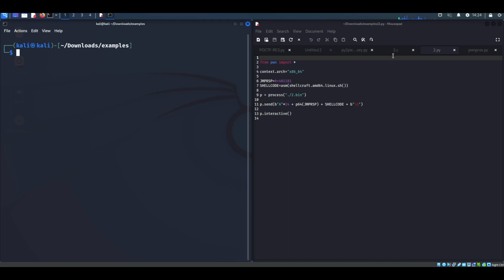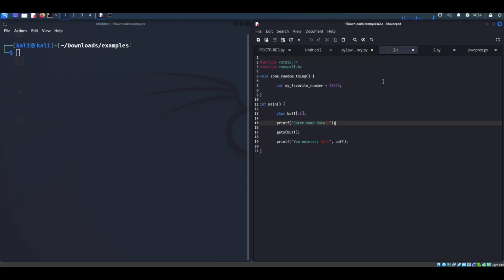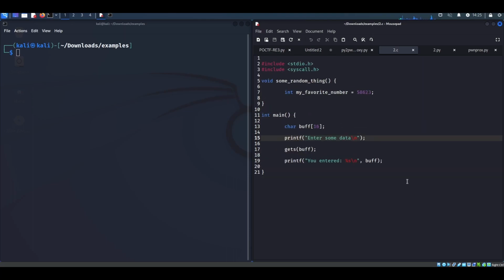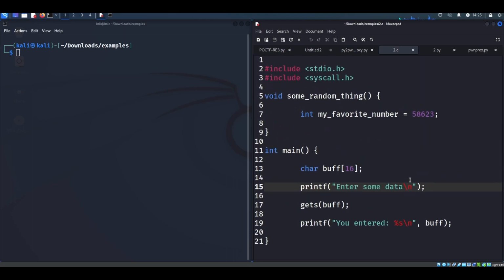So, as I mentioned on Tuesday, today what we were going to do is take a look at our second example. This is 2.bin in the buffer overflows example folder. And this one looks a little bit different than number one. I mean, it looks similar. We've got the same main function essentially. It's just that instead of the no way to possibly get here function that prints out what appears to be a root shell for us, instead we have some random thing